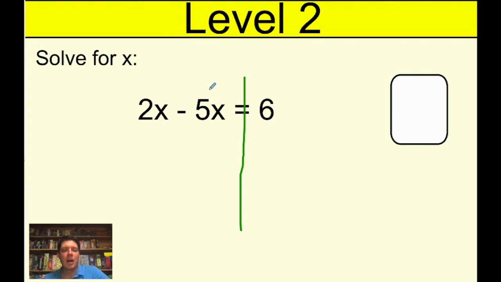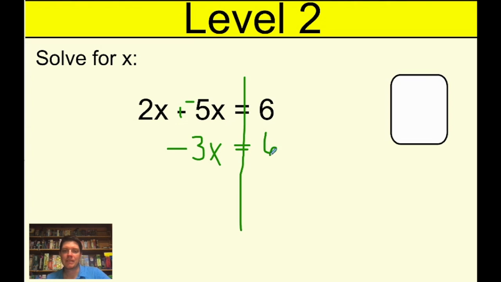In this example, mom and dad are in the same room. They just need to talk to each other. They need to come together. They need to combine. So we could just ask ourselves, how much is 2x minus 5x? Or for those of you that this is more helpful, how much is 2x and negative 5x together? Let's get mom and dad talking. They're in the same room. Everything's happy. Well, 2x and negative 5x is negative 3x